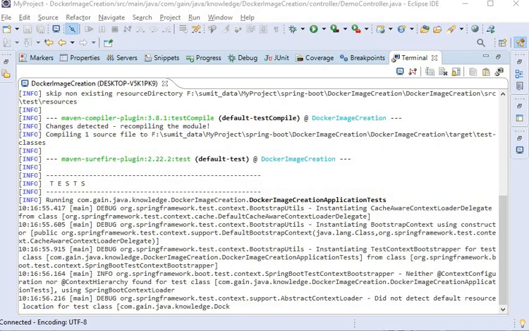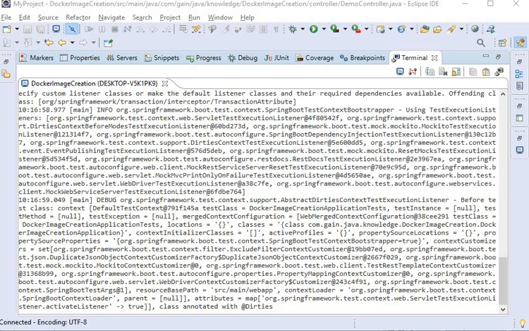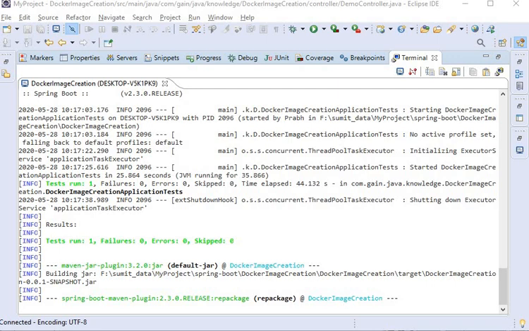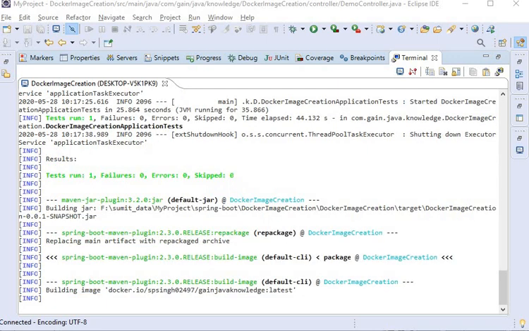We can also skip the test cases, but here I have not skipped. Building image, that is docker.io.